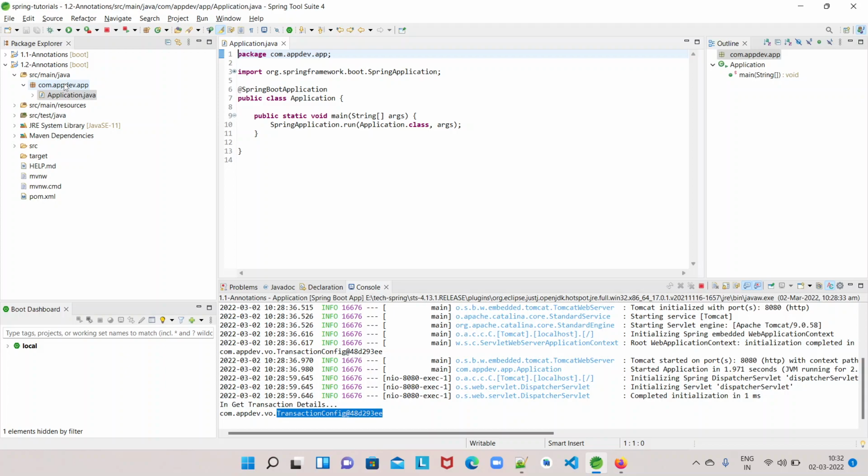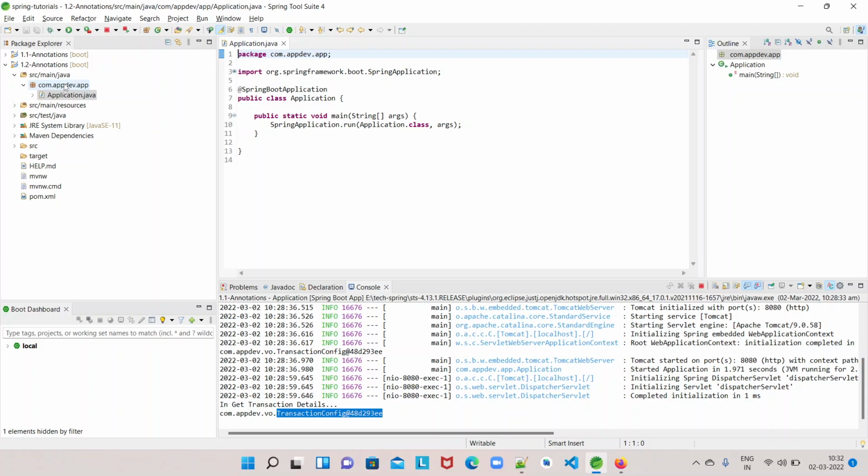I have a transaction. Like in any finance application there will be a couple of transactions, right? If you take a banking domain, there will be transactions like withdrawal transaction, deposit transaction, beneficiary transaction, add beneficiary, modify beneficiary.